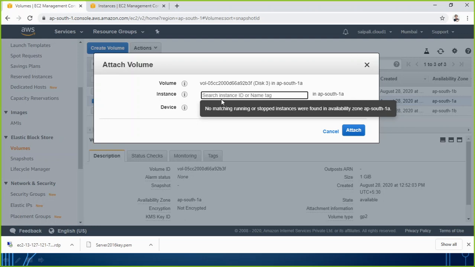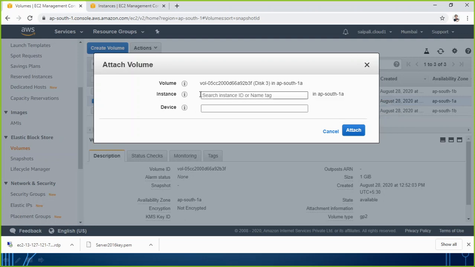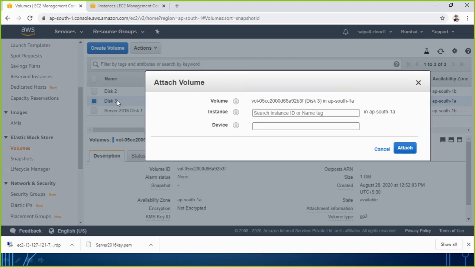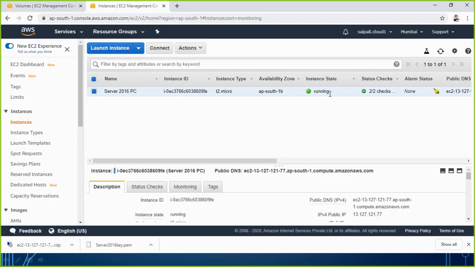Now you are not able to see any instance here because the volume you have created is in the availability zone of Asia Pacific South 1A, but the instance which you are running is running on 1B. So if your availability zone is different for the EC2 instance and for EBS, they are not going to be connected to each other.